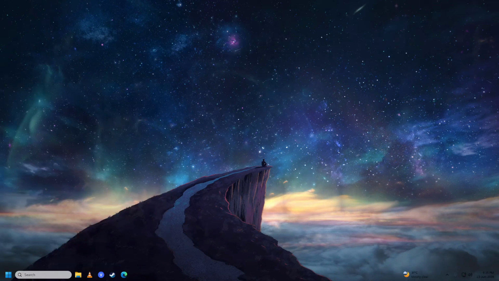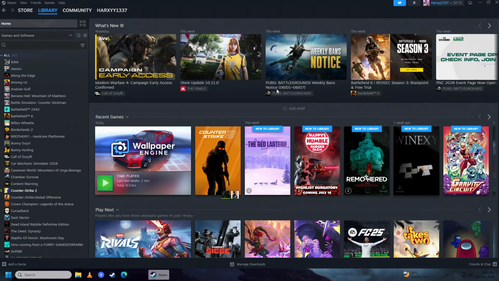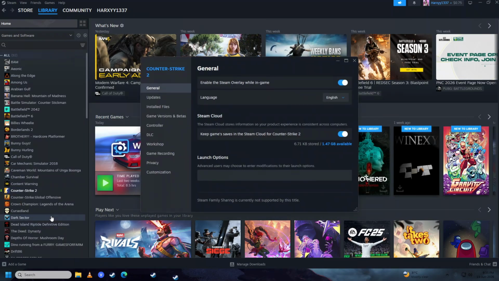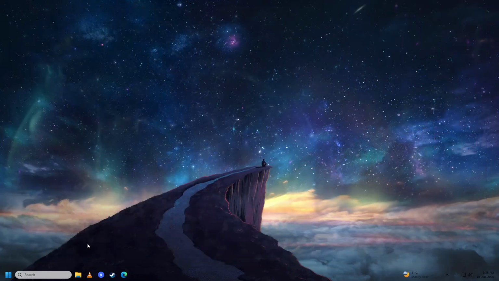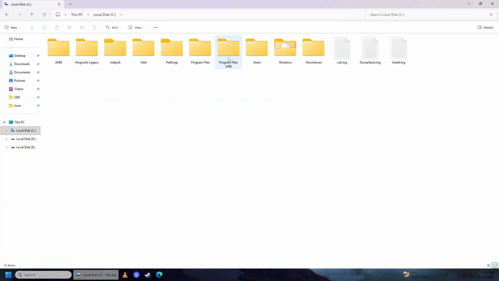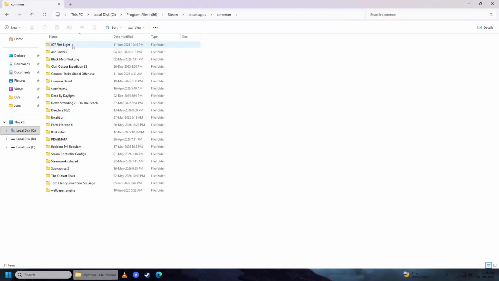Once you're done with the computer restart, you're going to open up your games platform, which is Steam for me. You're going to right click on 007 First Light, click Properties, Installed Files, click Verify Integrity of Game Files here, and then you're going to click on Browse here to go into the 007 First Light game folder. The default location should be in your C drive, Program Files (x86), Steam, steamapps, common, and then 007 First